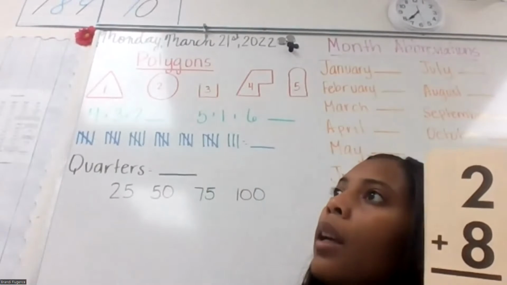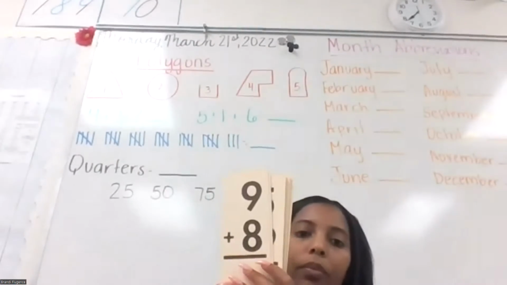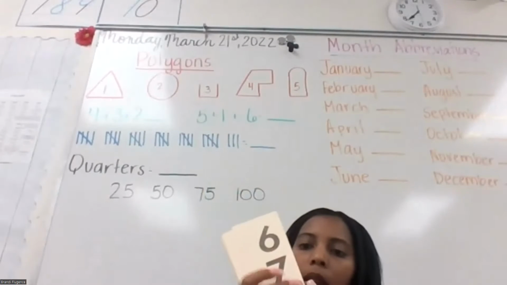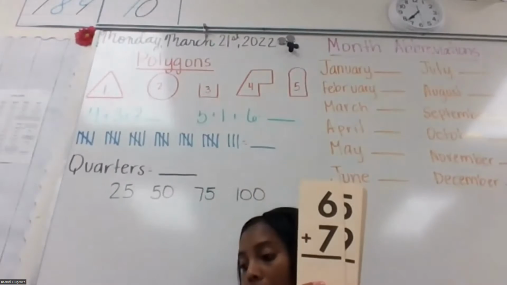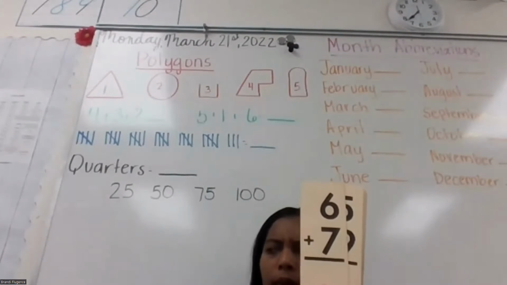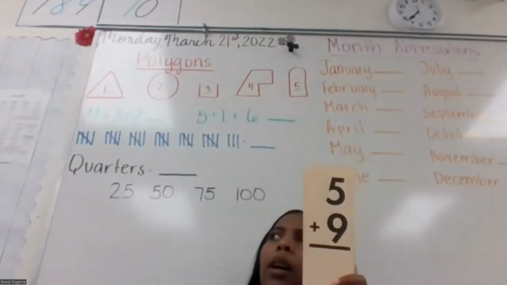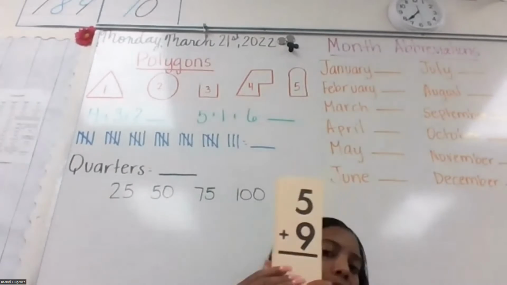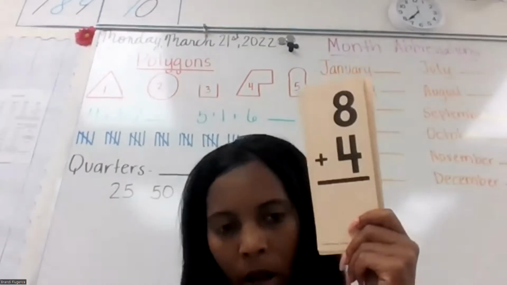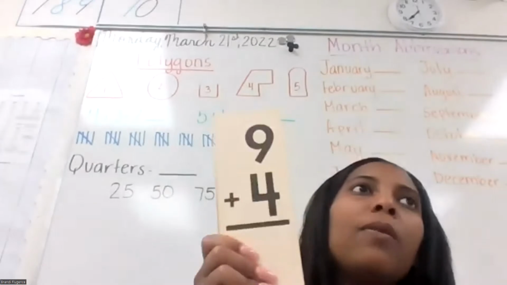11. 2 plus 8 equals 10. 9 plus 8 equals. 7 plus 2 equals. 6 plus 7 equals 13. 5 plus 9 equals 14. Yes. 8 plus 4 equals. We did 4 plus 8. Same thing. 12. 9 plus 4 equals